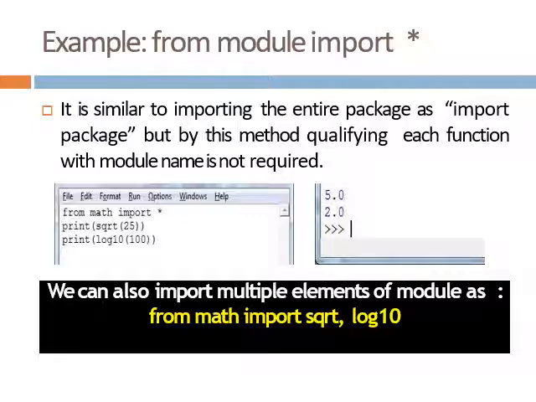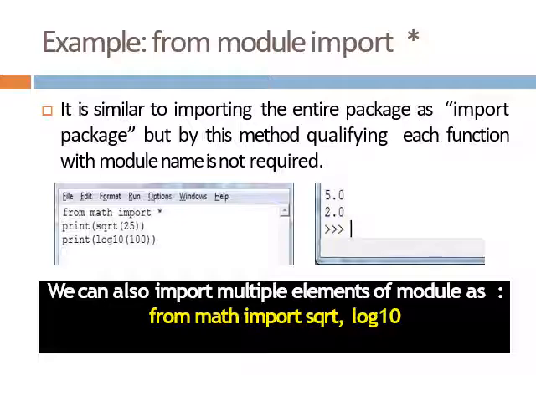From math import asterisk symbol, and you have two print statements, printing the square root of 25 and the logarithm to the base 10 of 100, which give the results 5.0 and 2.0 respectively. You can see that I have not used any prefix of the module, that is math.